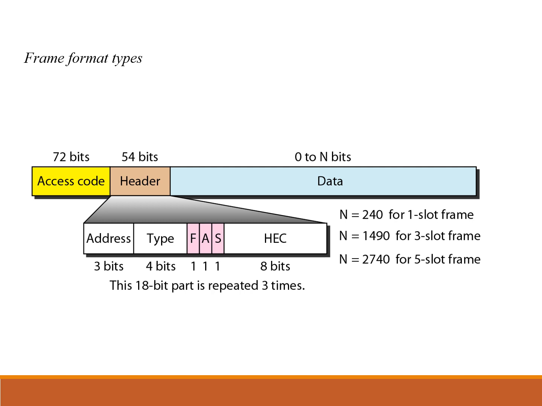The type field identifies the frame type, ACL or SCO, that is poll, null, and so on. F is the subfield of 1 bit for flow control. When it is set to 1, it is asserted by a slave when its buffer is full and cannot receive any more data. And then A for acknowledgement, the 1 bit acknowledgement subfield is used for piggybacking an acknowledgement